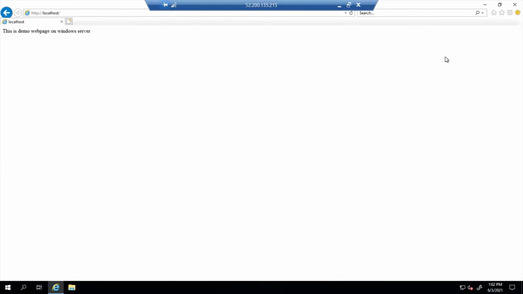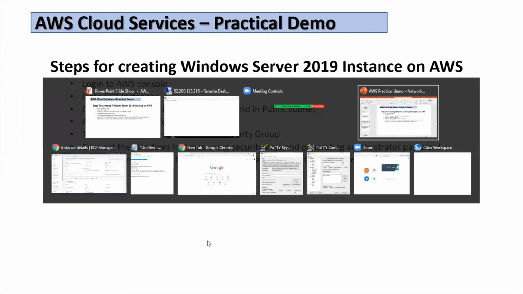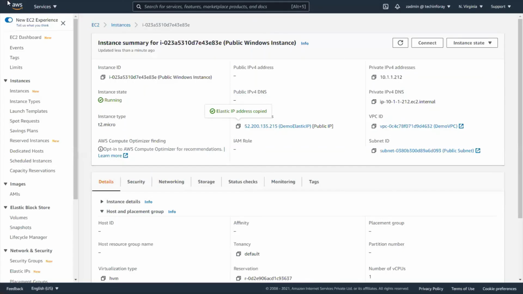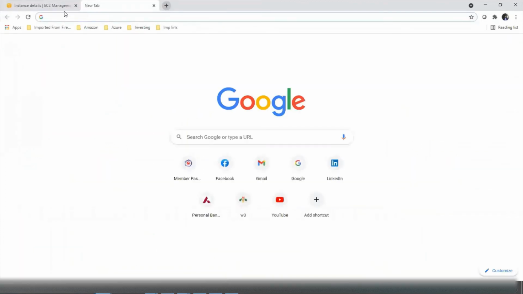see this. So now let's try to access this page using our public IP address on the internet. Let's see if we are able to access this. So, coming back to our instance. Let's add a new one.